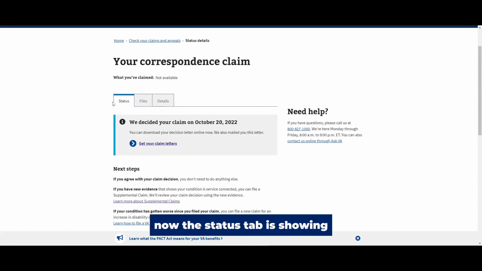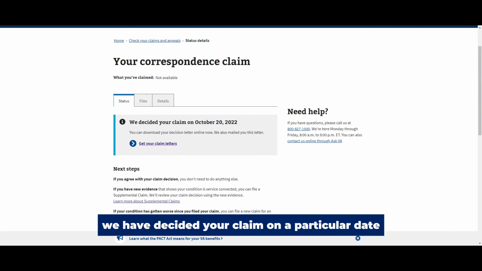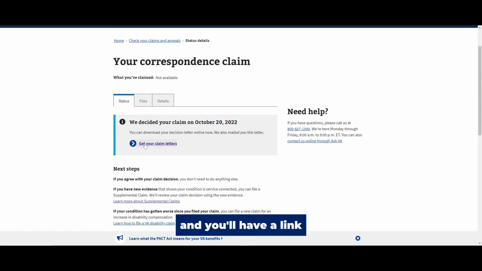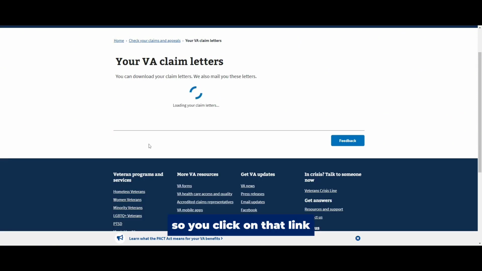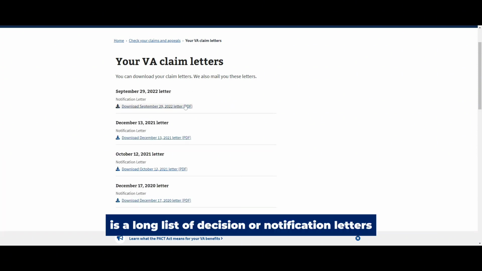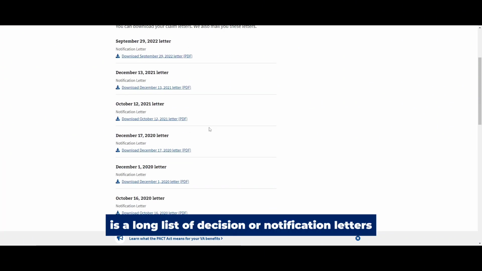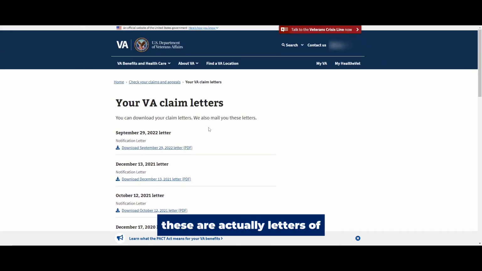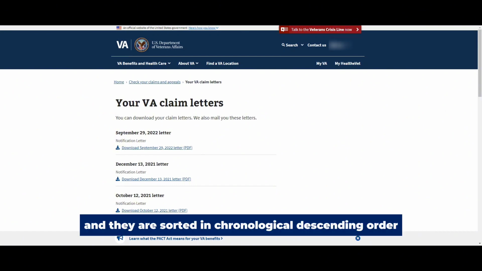Now that the status tab is showing, you'll see underneath here we have decided your claim on a particular date, and you'll have a link, Get Your Claim Letters. So you click on that link, and you'll notice that there is a long list of decision or notification letters. These are actually letters applicable to all of your closed claims, and they are sorted in